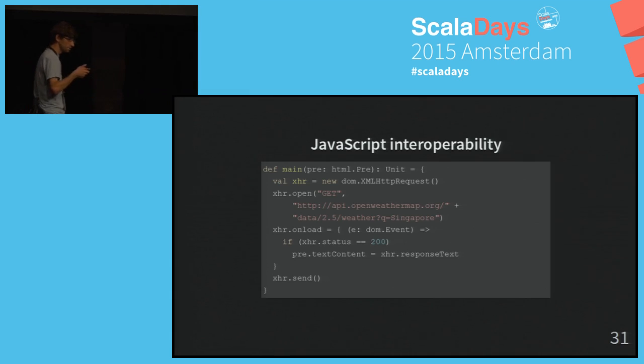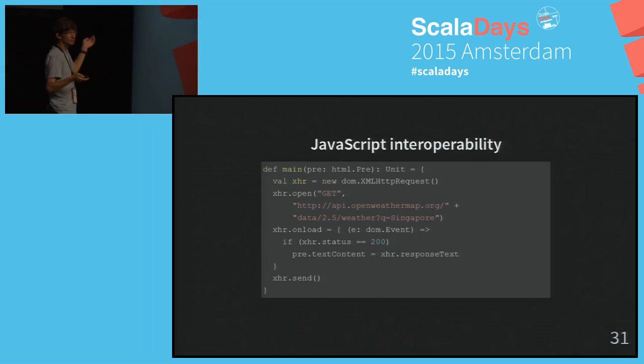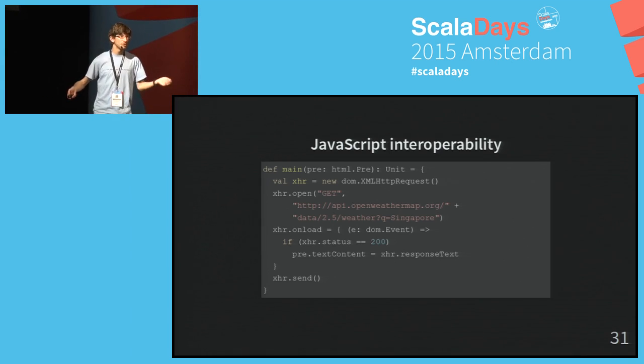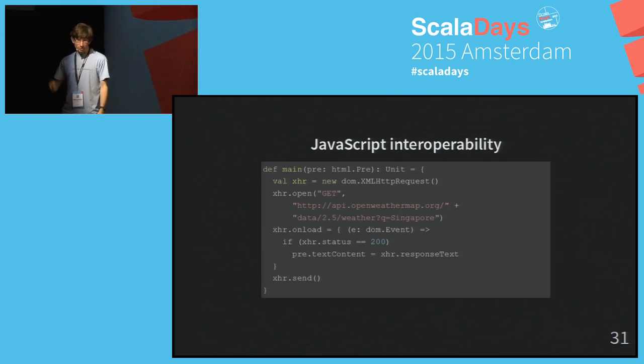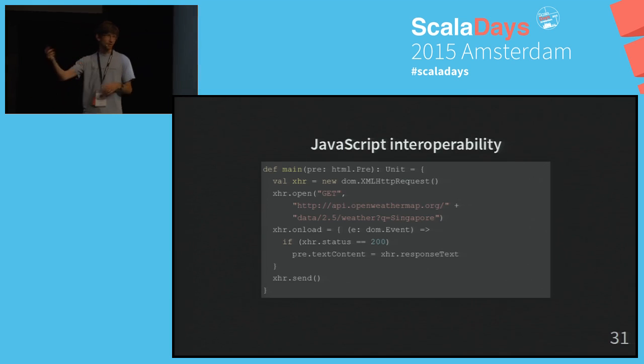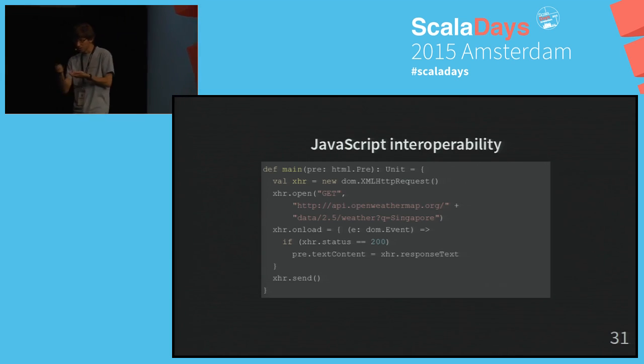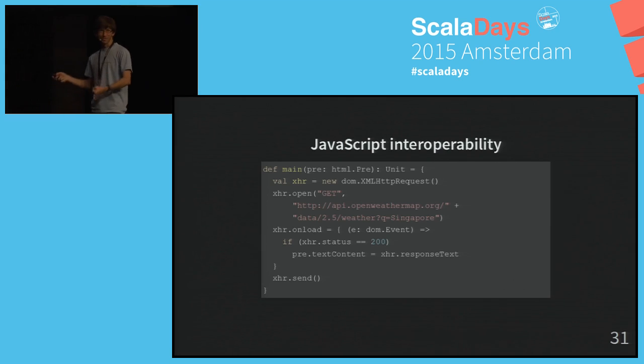And then we instantiate that thing with new, and then we call methods. We pass in strings. Much better. We store a Scala lambda in there. Fine. That's a JavaScript function. And then you can call methods, read fields, write fields. You basically work as if it were Scala code. It's just that you're talking directly to the JavaScript library. And this is all statically typed, of course, because we love that.